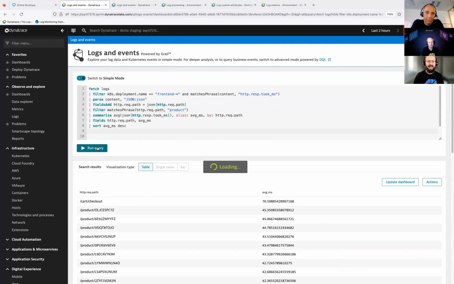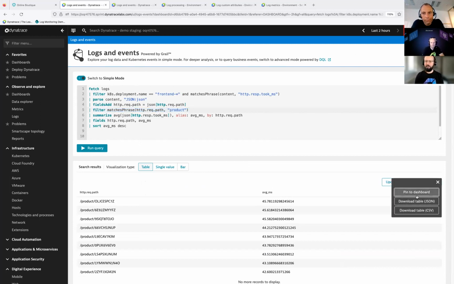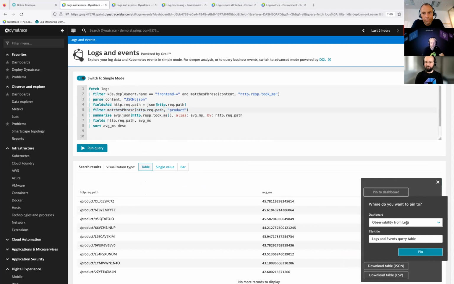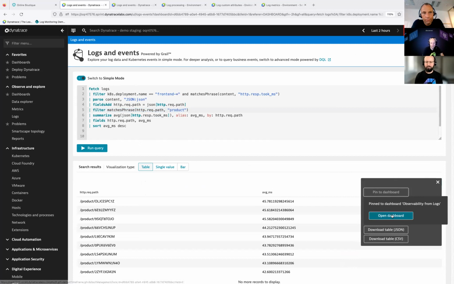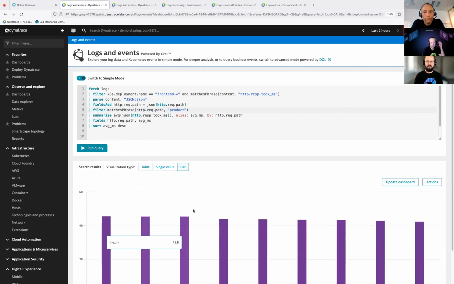So when we run the query, we can narrow down the analysis with a simple filter function with matches phrase, and of course we can pin it to the previously created dashboard as a table or as a bar chart, depending on